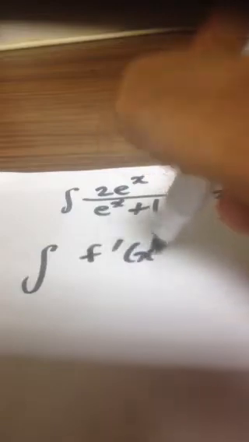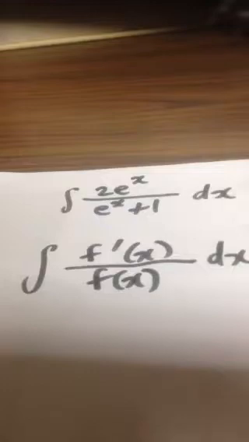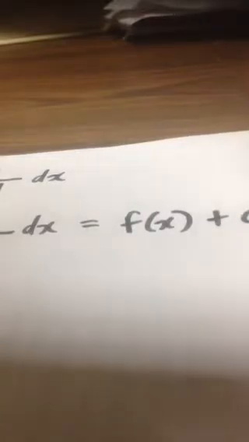So as long as the numerator can be expressed as a scalar multiple of the first derivative of the denominator, then the question is of this form. So this is an integral of the form f prime x over f of x, and these integrate in this way. It's simply going to give a result of f of x plus, of course, our constant of integration,